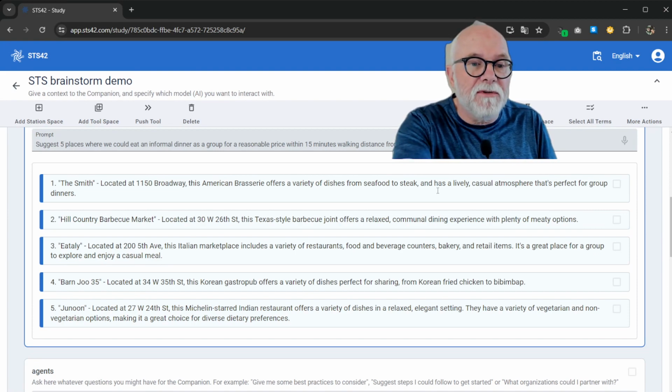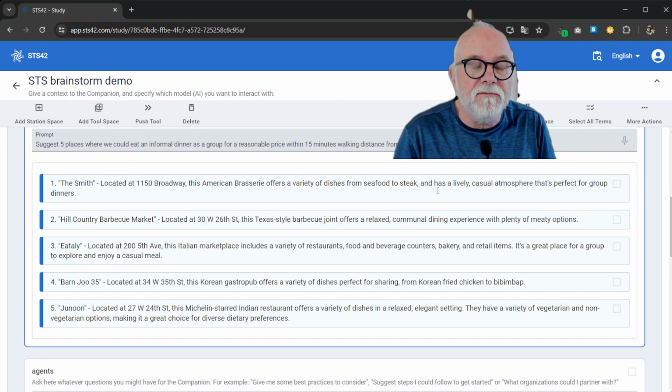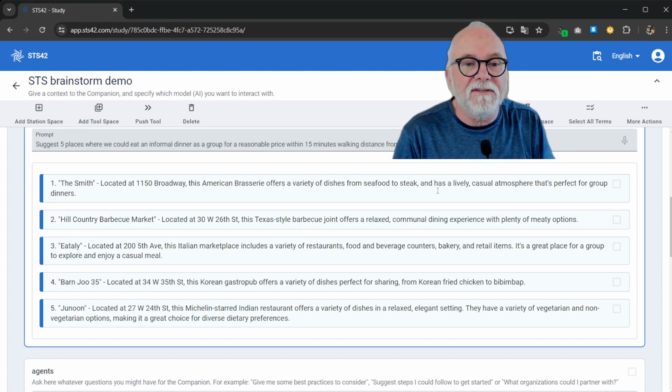In this case, I would probably choose Italy. I've eaten there before. I really enjoyed it, and I know that the international team members like Italian food. So there's an opportunity there to make a decision fairly quickly in this convergent phase, the second phase of the brainstorm. Or if I don't know my team members and I want to ask the agent to help me, well,